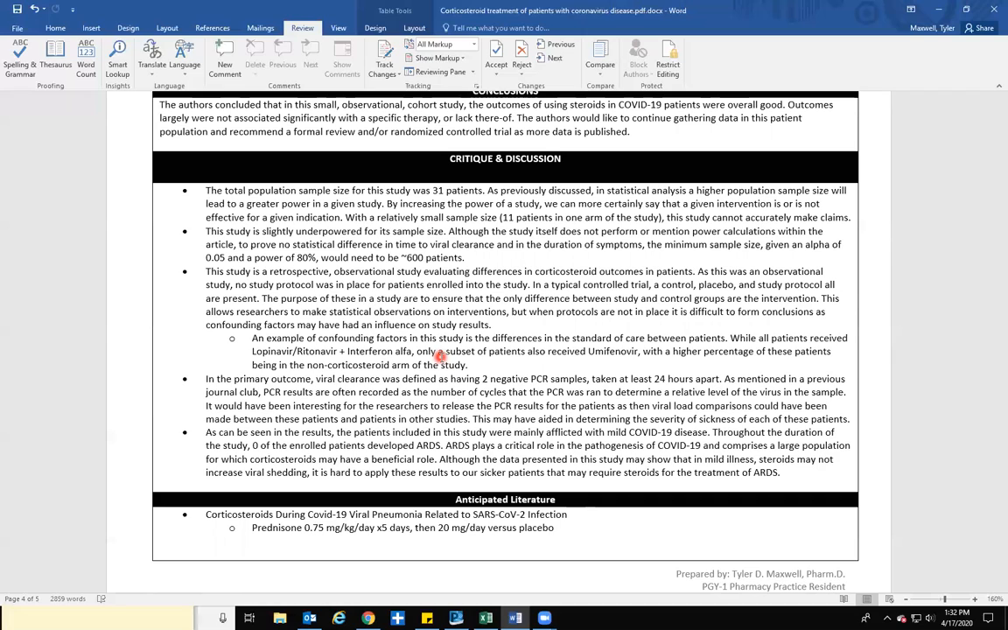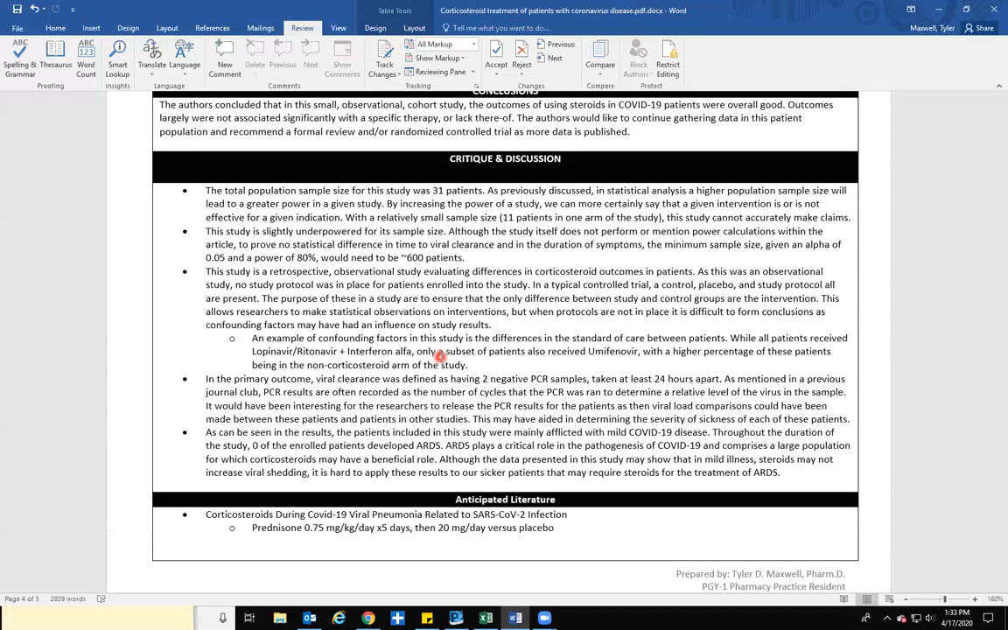The study is also slightly underpowered for its size. And so even though the study did not mention any of their power calculations in their actual publication, I calculated their power myself. And given an alpha of 0.5 and an estimated power of 80% for their statistical analyses, they would need roughly a sample size of about 600 patients. Now,